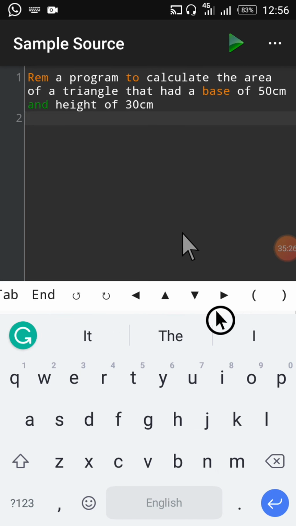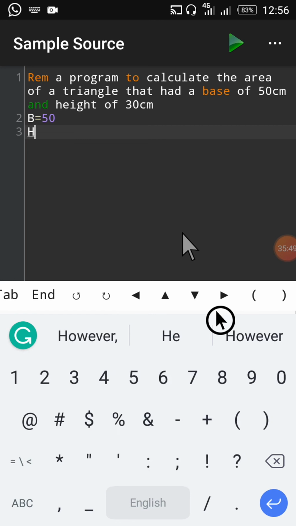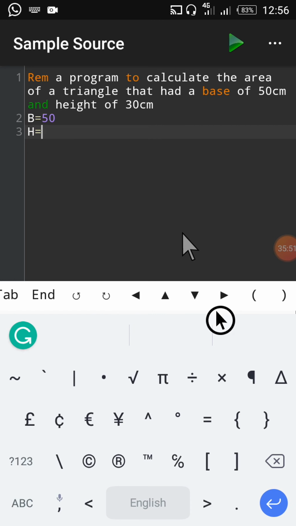okay, let me use capital B, that is my base, equal 50. Then here I will put my height equal 30. You can change it if you like. All right, then area equal